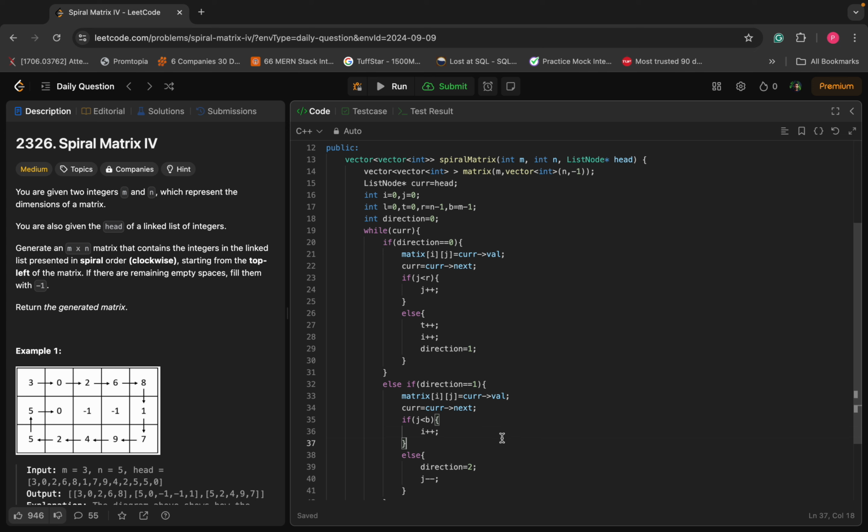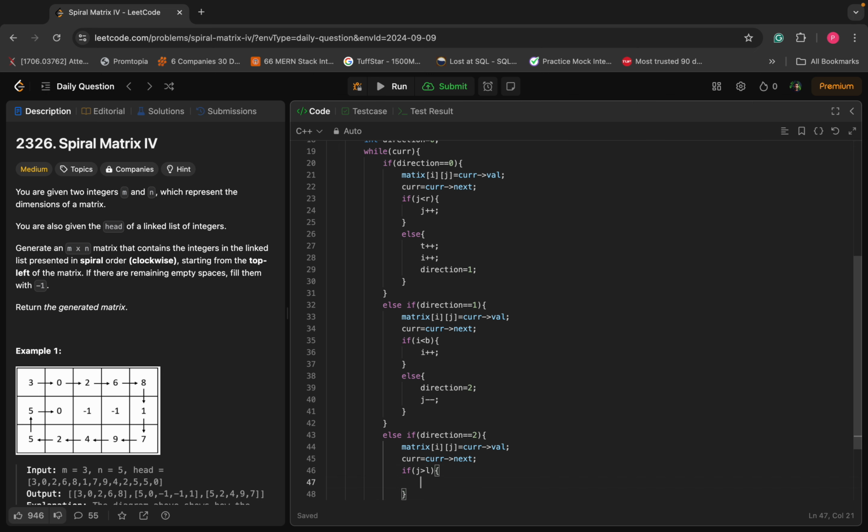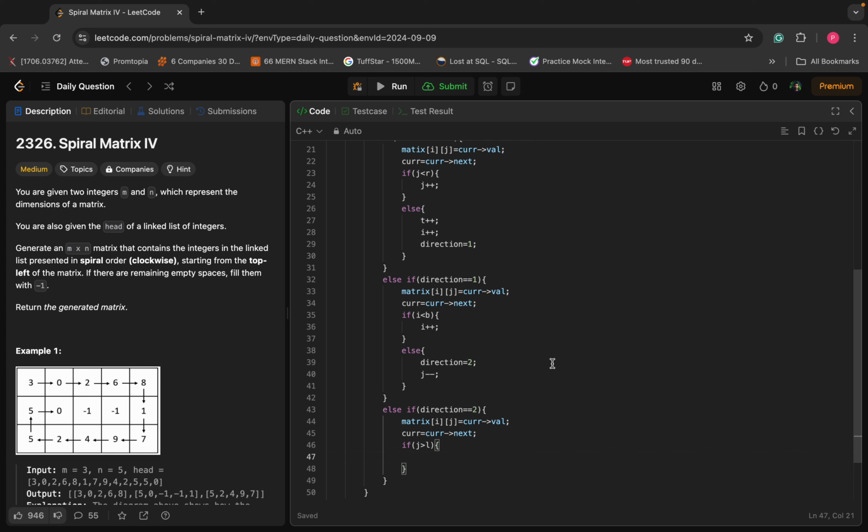Rather I will do this, and if i is less than bottom, now if direction is 2, that is going from right to left, so that should be matrix of i comma j is equal to current dot val, again current next, and if our j is greater than left, our j is greater than left,